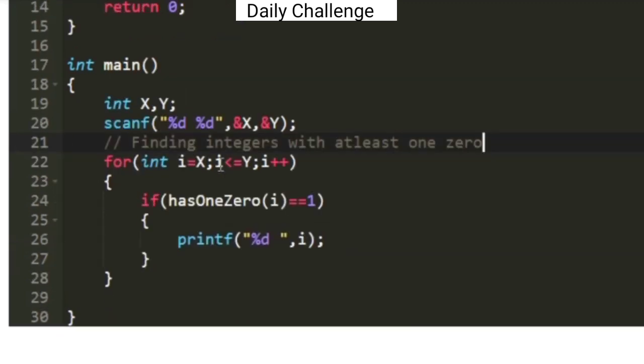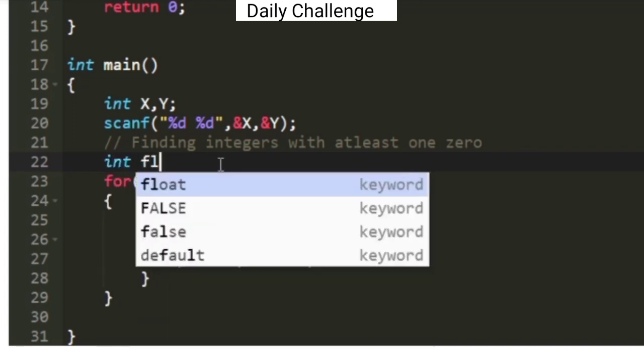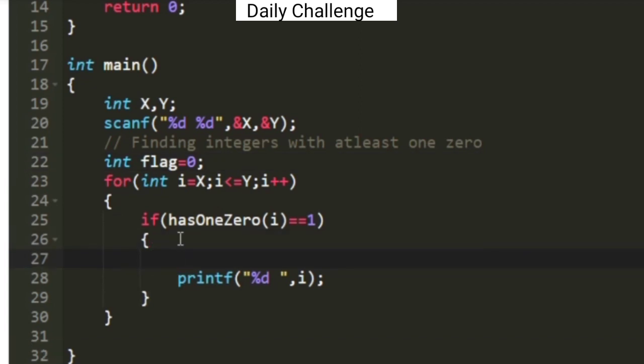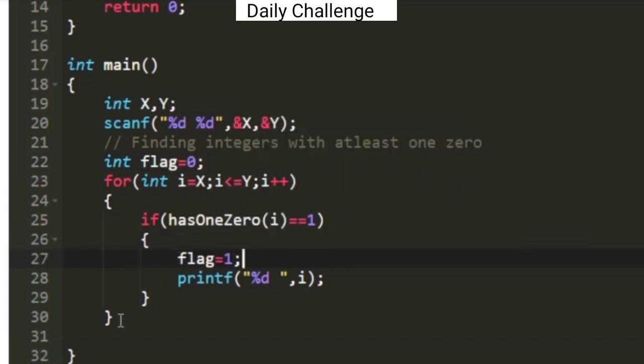We also have to print -1 whenever there are no zeros in any of the integers between x and y. In order to do that, we are setting a flag variable initially set to 0, and whenever an integer is found with zeros, we are making the flag value 1, which means that there is at least one integer which has zeros.